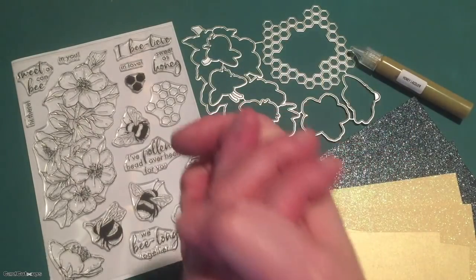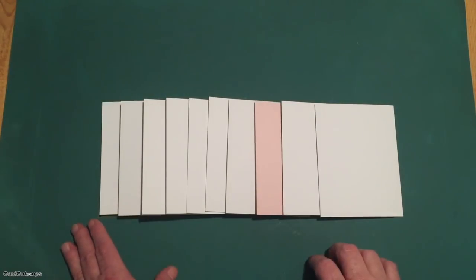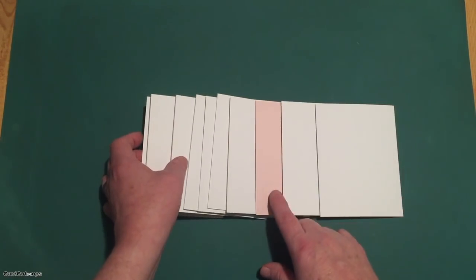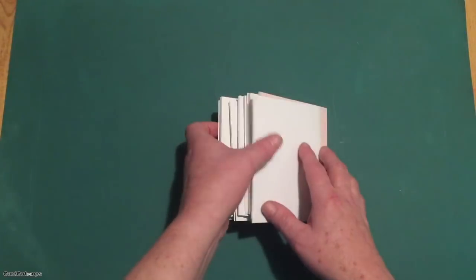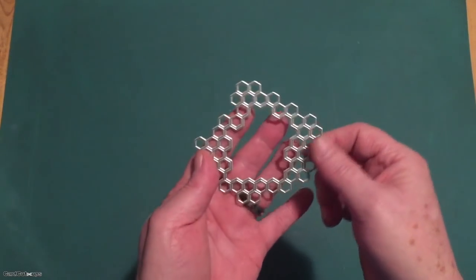Let's make some cards. And here we have my 10 cards made with this fun bee-themed My Monthly Hero kit. Everything is under white card bases. Oh, except there's one pink card base there for all my pink fans out there. Of course, I was initially drawn to this great honeycomb window die to begin with, so that prompted my first card, and we have